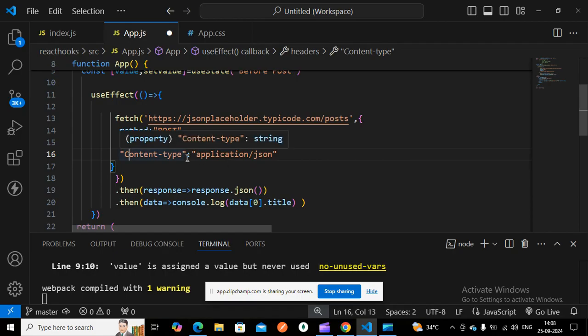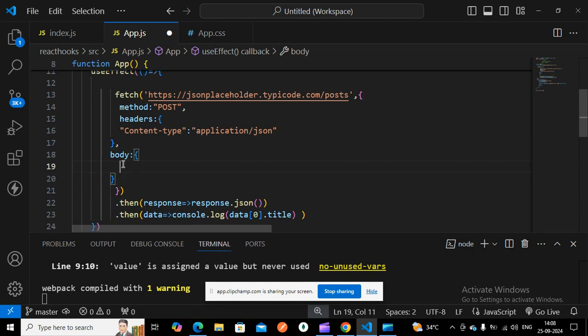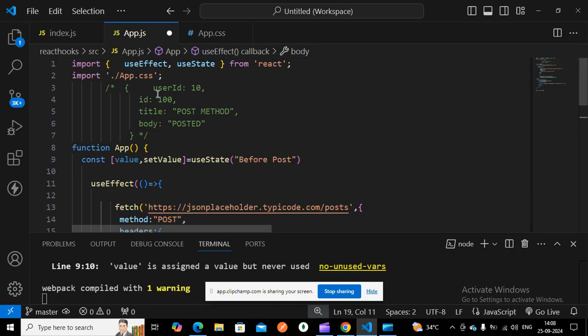So now I have to add some data to this. I want to post some data, right? For that, in the body I have to give, so body colon. Already I have taken one object. So here I take this one.